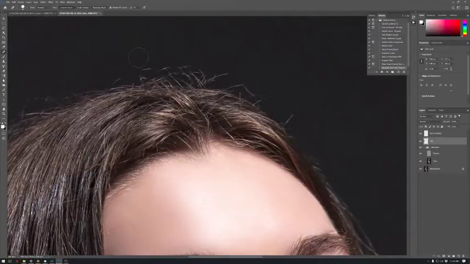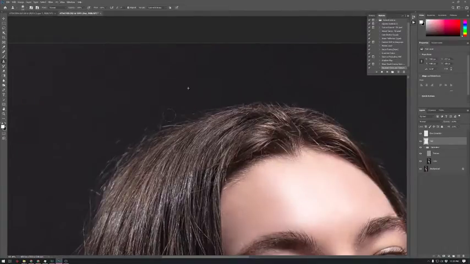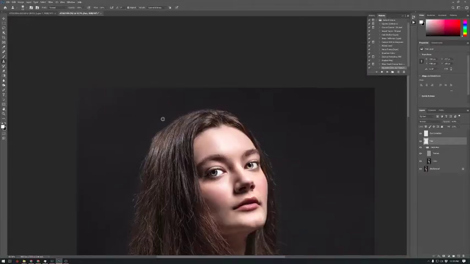Yeah, see, so I messed up there, so I'm going to move over to the stamp tool now. That brush a little bit larger. Opacity 100. And you of course want to use a soft brush for this. I mean, that should be a given. Keep it soft. And a lot of this hair is just in the bokeh because I have such a small depth of field. So thankfully I can erase it